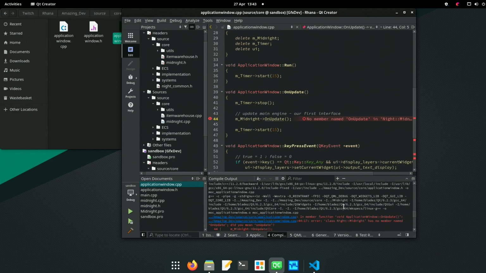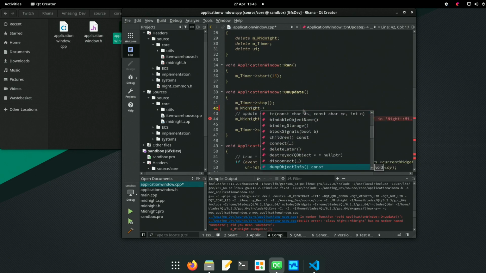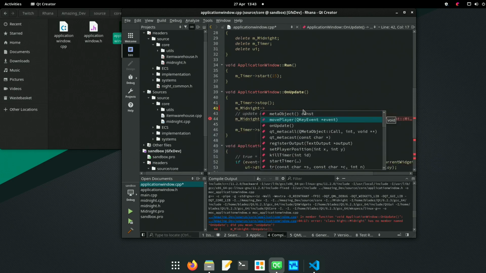OnUpdate. Yeah. Well, I can test that by typing in midnight here and then placing in an arrow. So it's getting nothing. Oh, there it is.